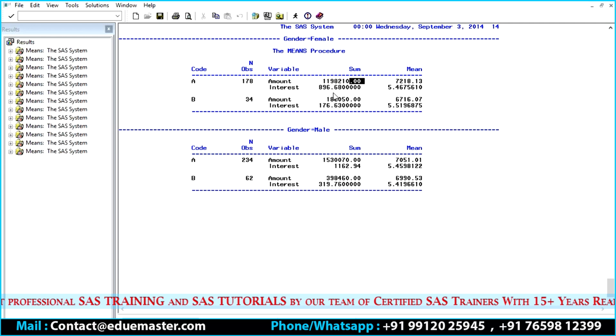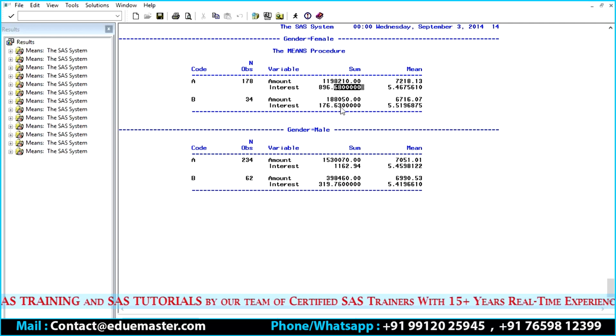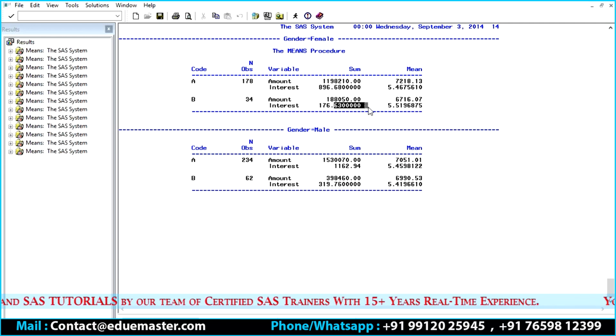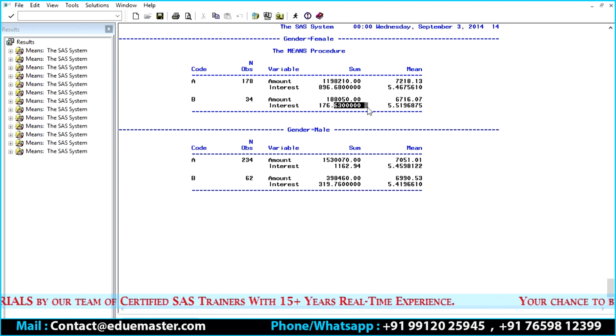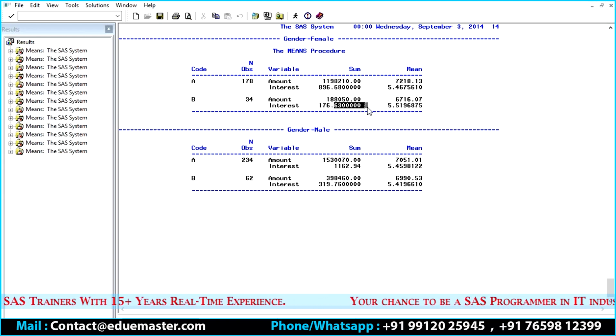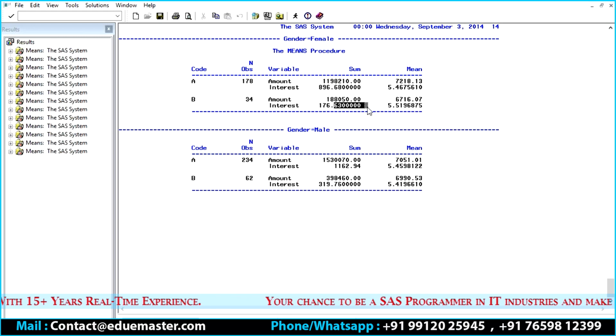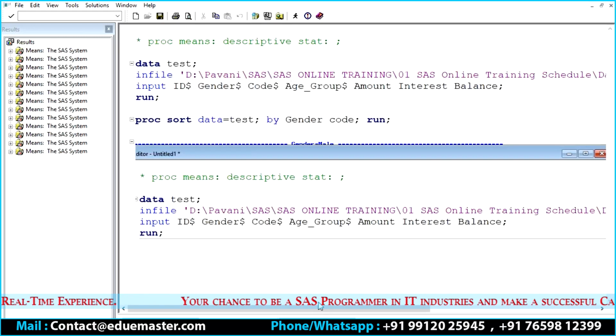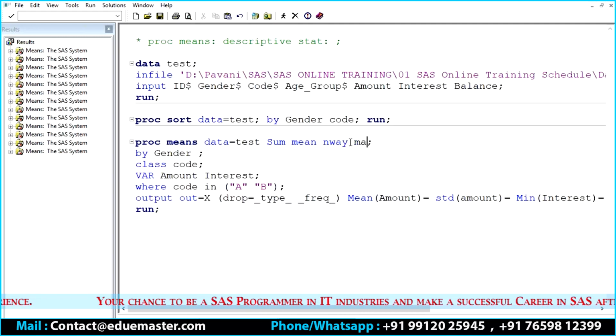See, this is not in uniform format, no? Suppose you want to make it uniform, with one decimal, or with two decimals or three decimals or no decimals. You can change that by making use of the option MAXDEC,